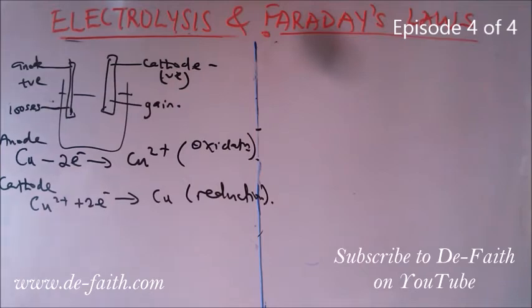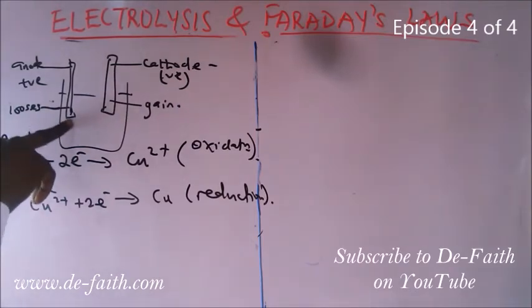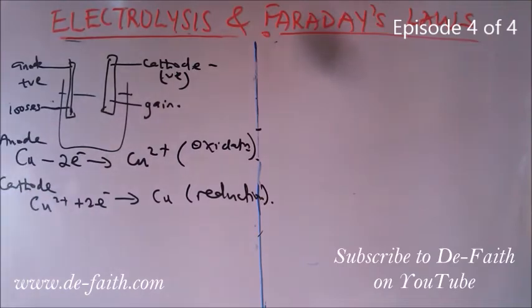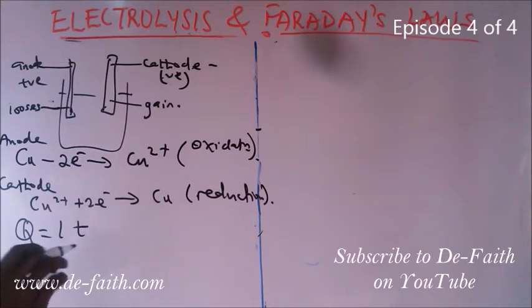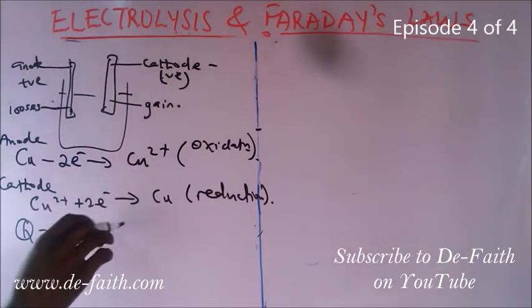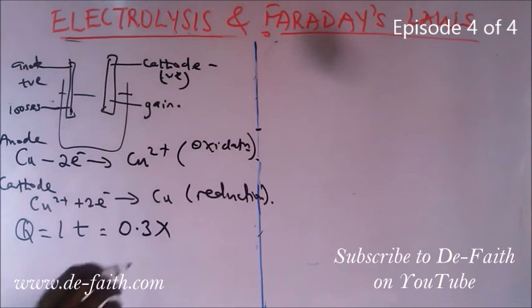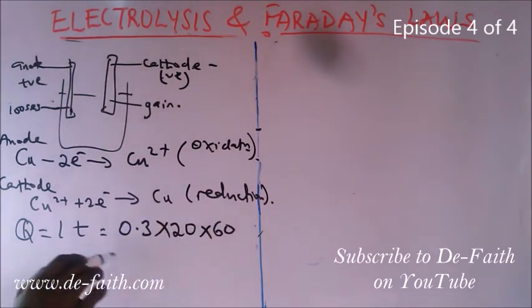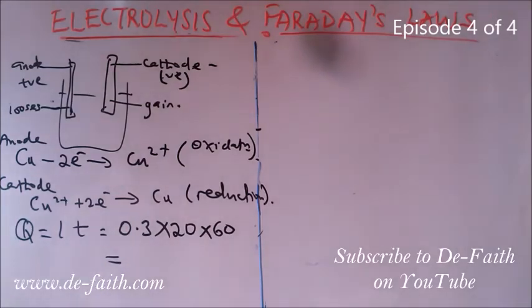So what we are saying now is that whatever mass is being gotten from here, it is added to the initial mass at the cathode. We're told that a current of 0.3 ampere flows for 20 minutes. So we have that quantity of electricity equal to IT, where our I is 0.3 multiplied by time of 20 minutes, but change to seconds. So we have times 60. So when we multiply all this, we would have 360 coulomb. So that is the quantity of electricity that passed through the electrolytes.